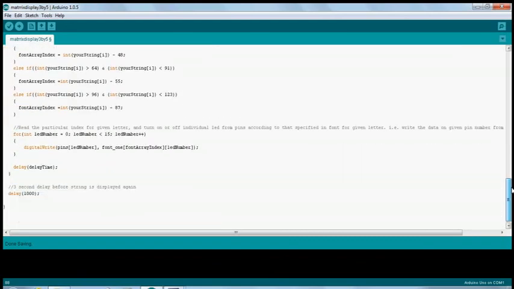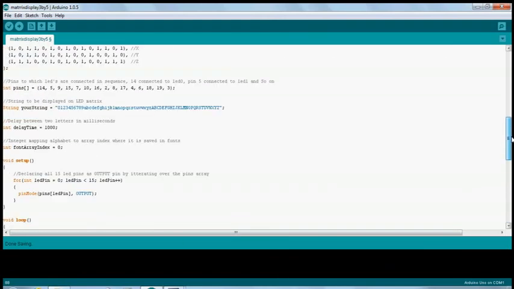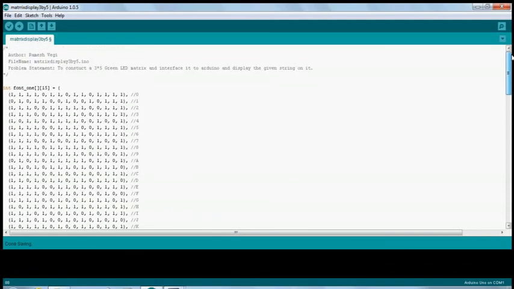Now after giving this delay, we will close the main function, and then we will again give a delay of 1 millisecond before the string is displayed the second time, and then we will close the function. When we upload this code on the Arduino board, let us see what happens in the hardware.